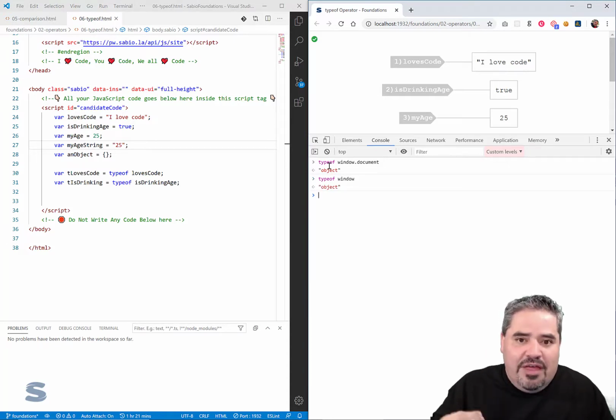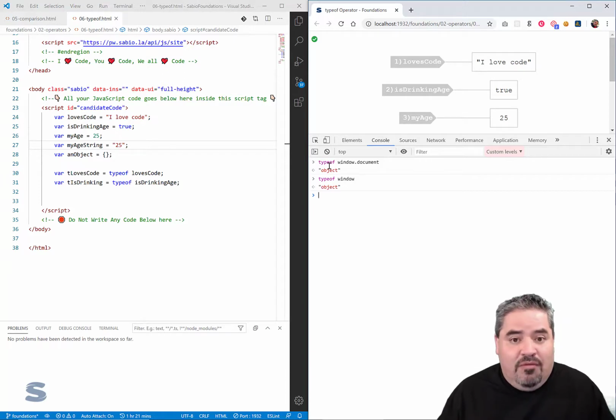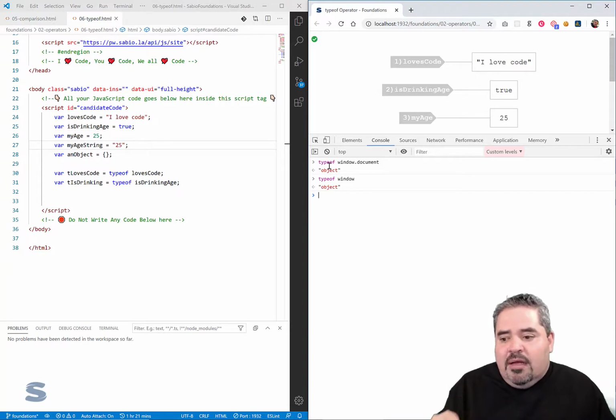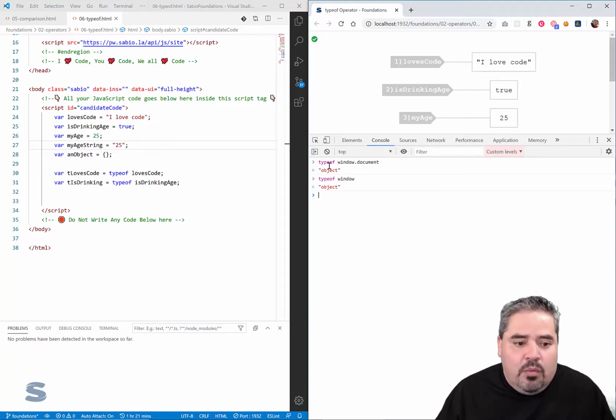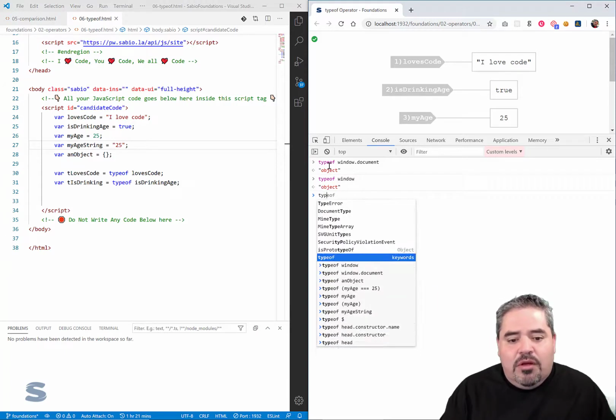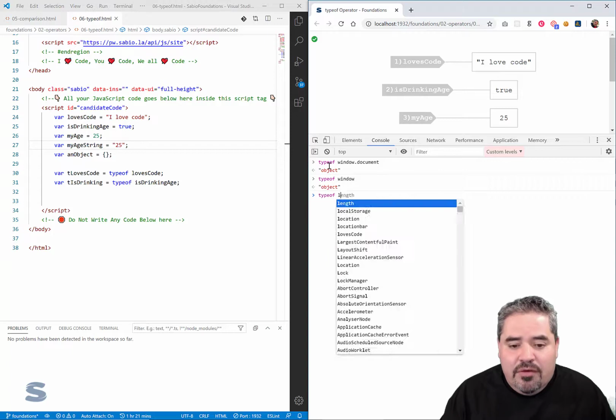A lot of the things that we're going to work with in JavaScript are going to be a type of object. And then there's going to be different ways to tease out more specifics about the specific type of object that we're dealing with. So put this in your utility belt. If I want to know what the type of a given variable is,